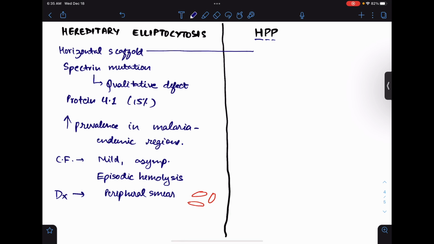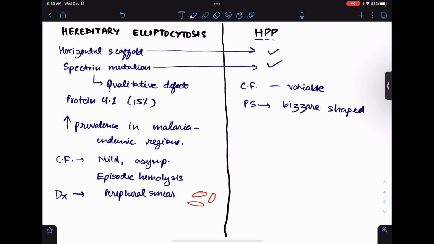And then coming to hereditary pyropoikilocytosis. Like hereditary elliptocytosis, this is also due to mutation in the horizontal scaffold and mutation in spectrin. Clinical features are variable, and peripheral smear in this case shows fragmented, bizarre shaped RBCs, and you can also see